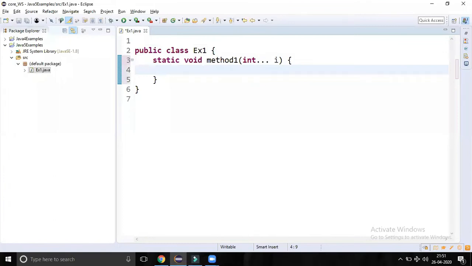This is very similar to the behavior of an array.